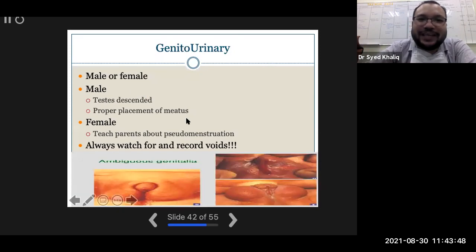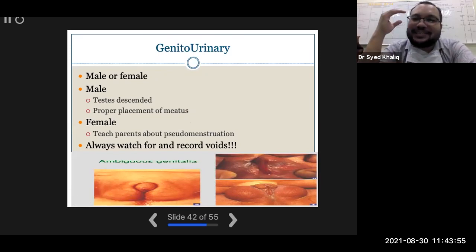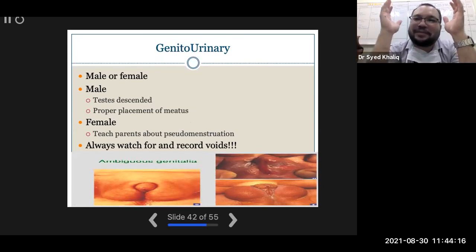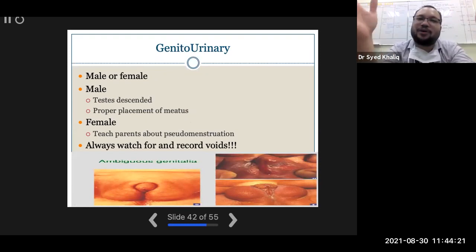Genitourinary, make sure the baby is male or female. Anything you rasa macam tak berapa sure, so bila ada zone saja, make sure that you escalate it. Maknanya any abnormality of the genital, it's always something of emergency. You tak boleh kata macam ni macam tak berapa sure tapi mungkin ni, you assume. No, you cannot assume. Gender is something that you need to be sure. You must be very sure, male or female,